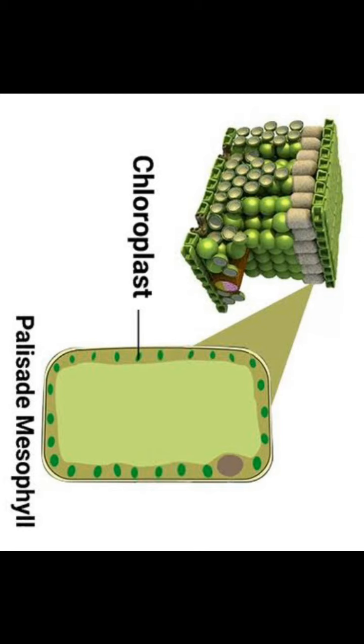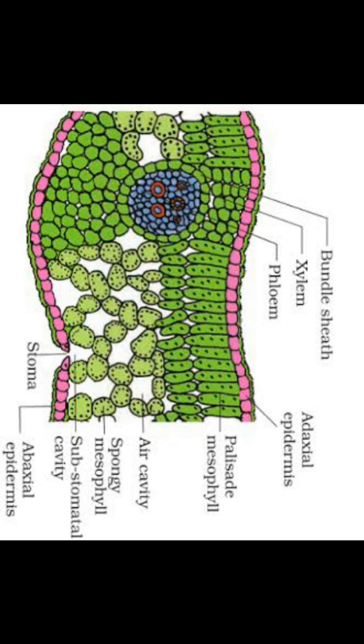Then last but not least, the vascular system, the third main part of this leaf. You can see in this diagram very clearly. The vascular system includes vascular bundles, which can be seen in the veins and midrib region only. That's why, students, when we touch the leaf, the midrib region is somewhat swollen, right? And the veins are also somewhat swollen. Why? What's the reason? Because they possess vascular bundles.